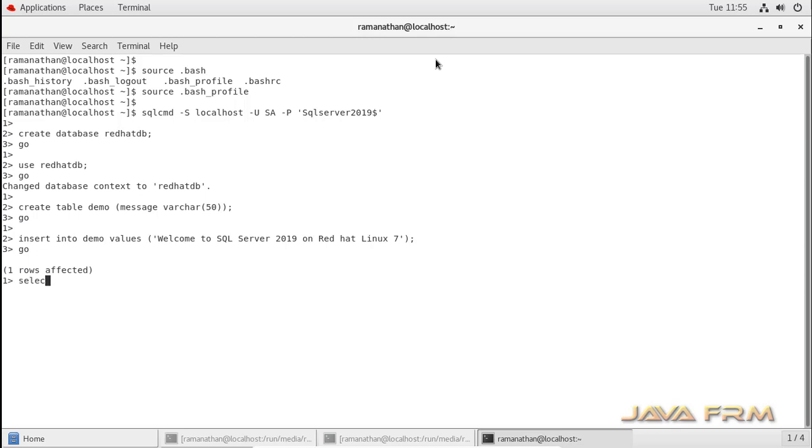Yes, so everything is fine. So SQL Server 2019 installation on Red Hat Enterprise Linux 7 operating system is successful.